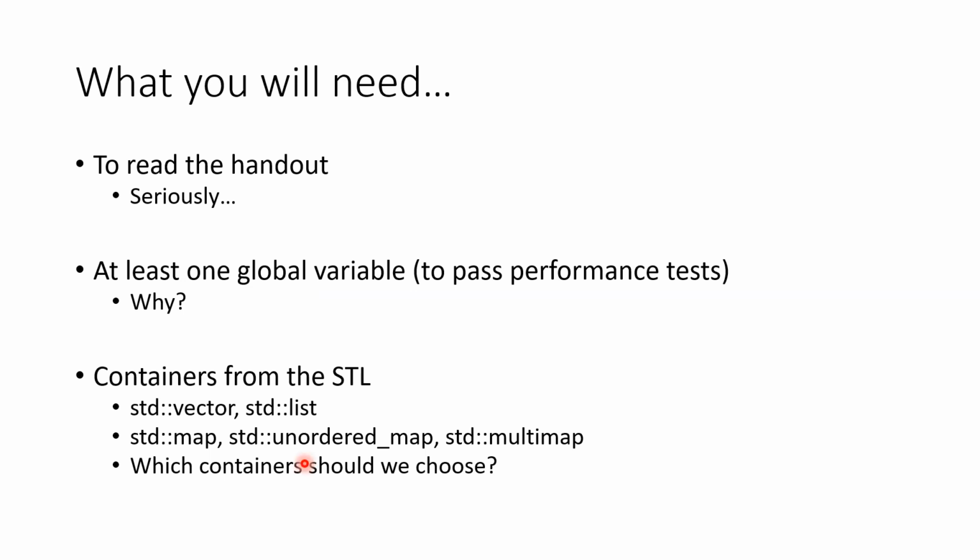So first thing to do is to read the handout really carefully, because it will contain many important pieces of information you will need. And whenever you have questions, first refer to the handout. Then in your code, we're expecting to see at least one global variable. And why do we need one global variable at least? To pass the performance tests? Or